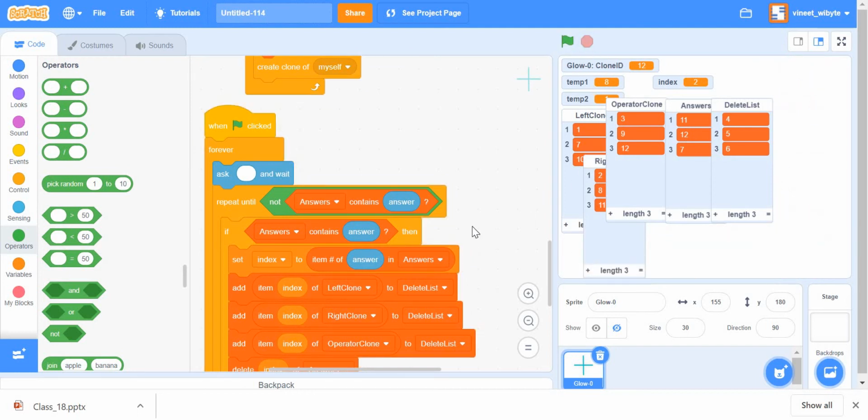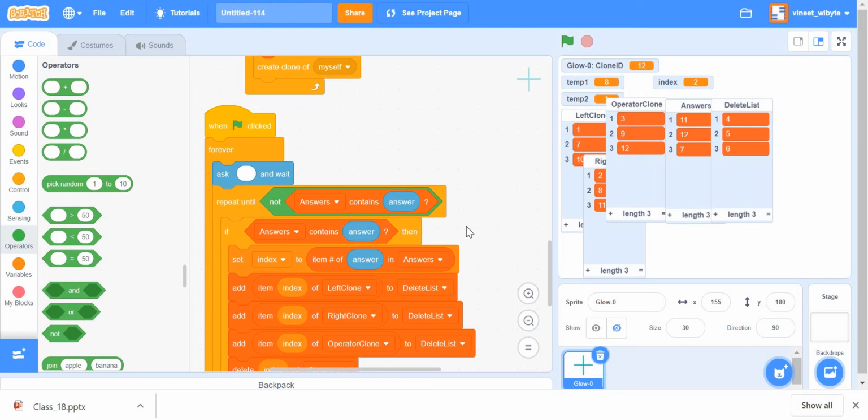So I think this code is quite robust. It's important to understand the logic, which is basically that we are finding out which answer has been answered, and this could be more than one. So we are basically finding which questions have been answered, and moving all those rows into this thing called the delete list. And that brings me to the next part, what do we do with this delete list? It's actually quite straightforward now.